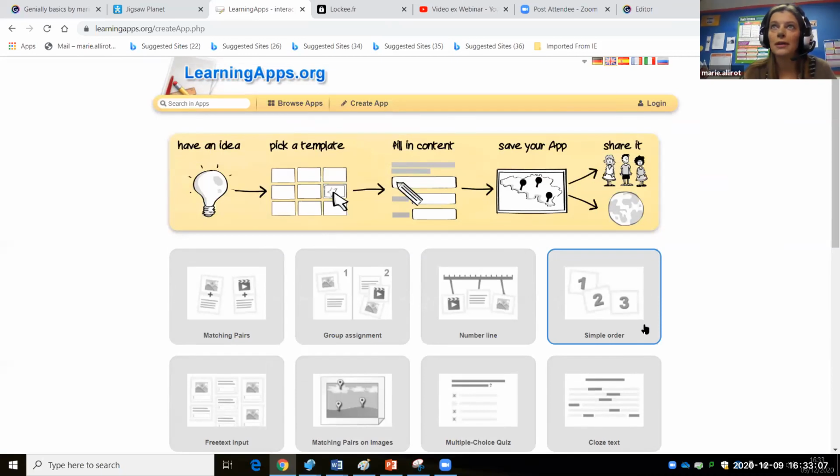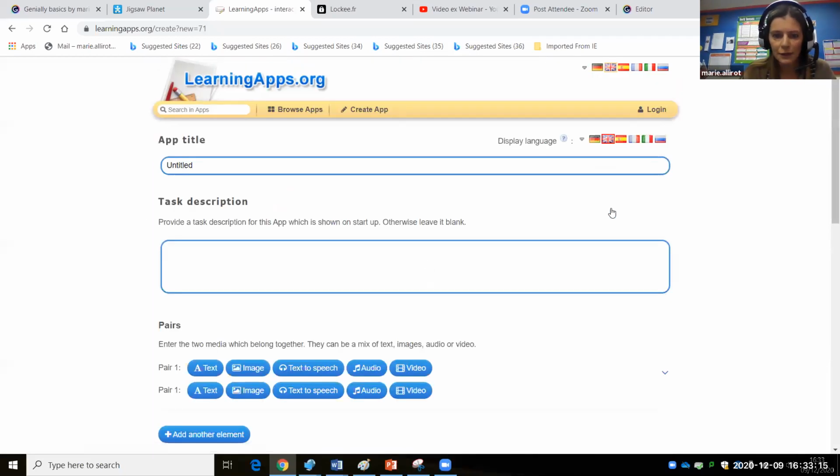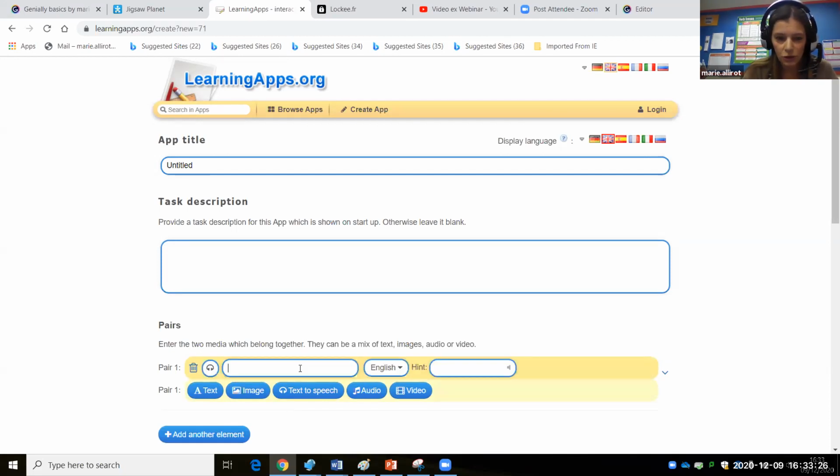What's very good with Learning Apps is you can save it as an iframe and you can include it on Genially. So if I do a matching pair, for example, I really like this one. If I carry on with my weather topic, you can either have a picture or text to speech or text. So I'm going to do text to speech because I think it's really useful in languages.